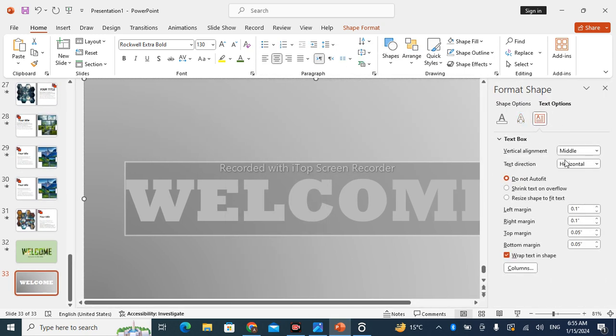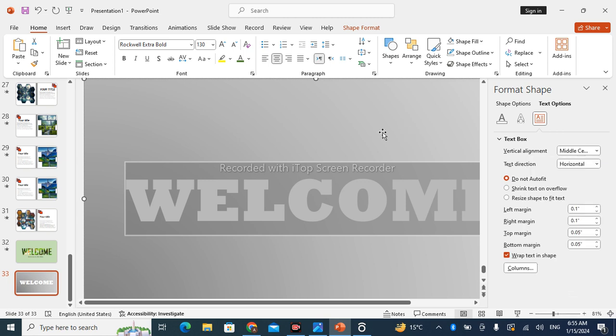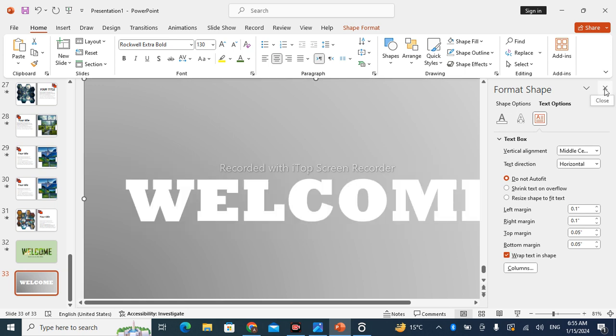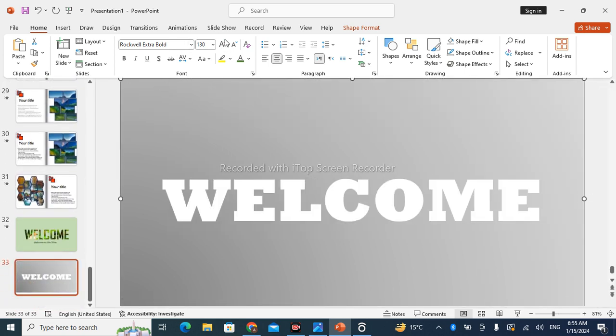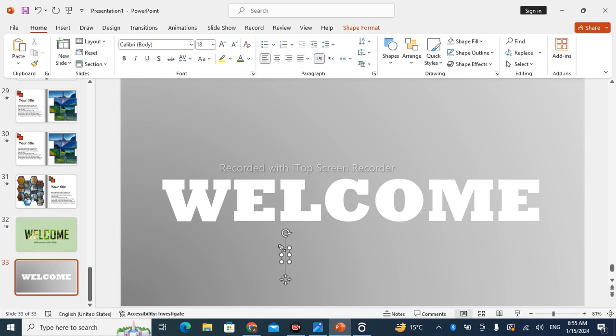Go with that option and there is the option vertical alignment. Just go with middle centered. So select middle centered, it will go on the middle centered. You can see that. After that, go on the insert and text box and insert a text box here